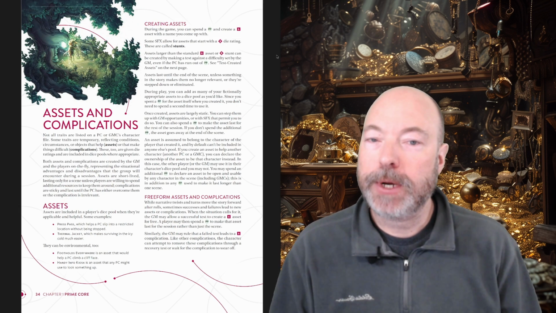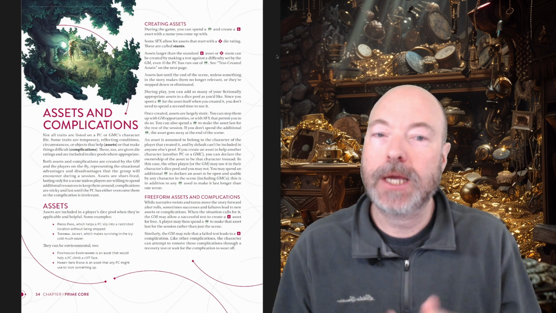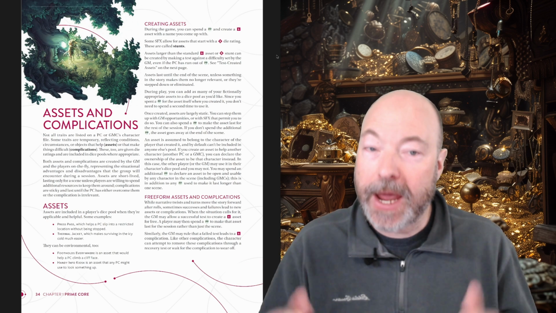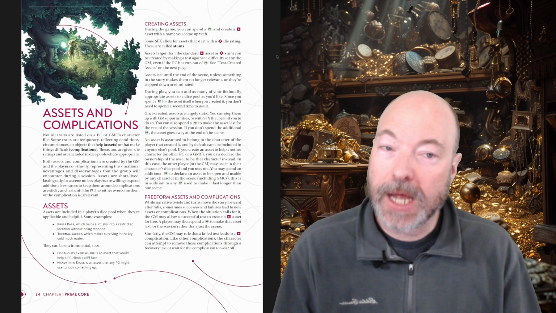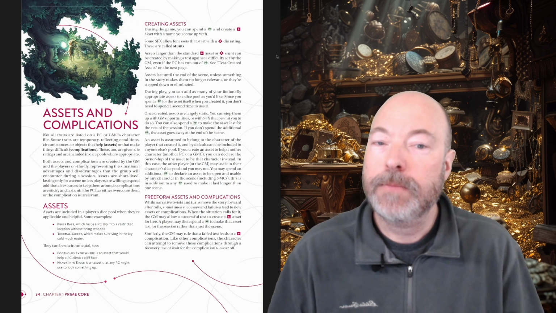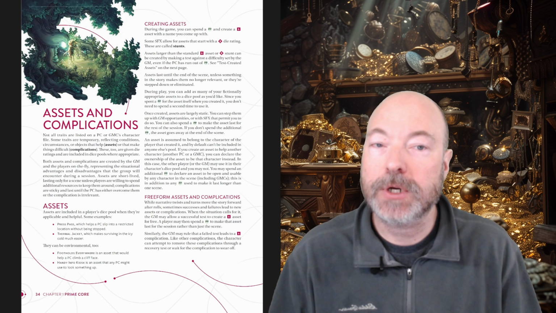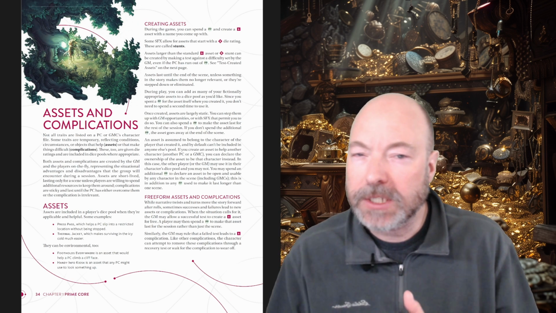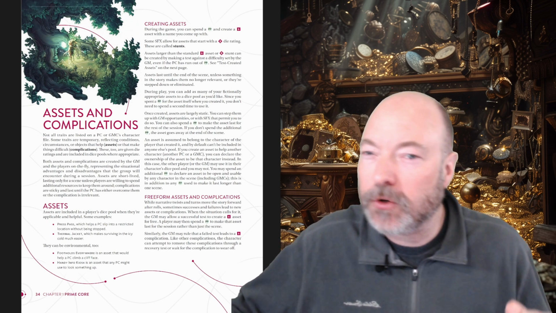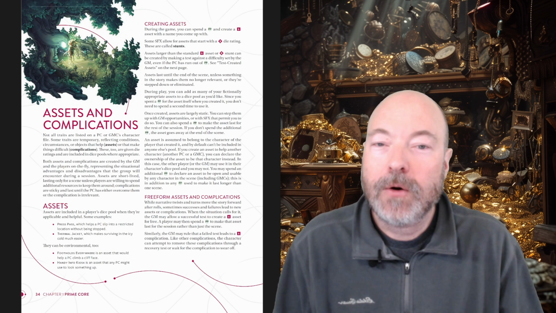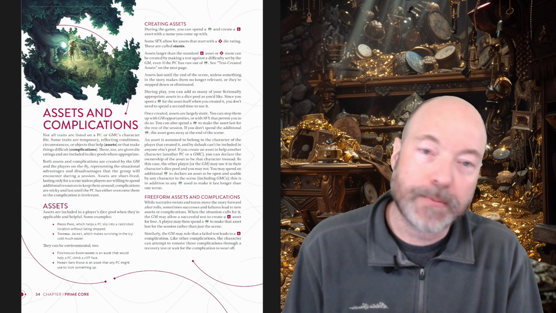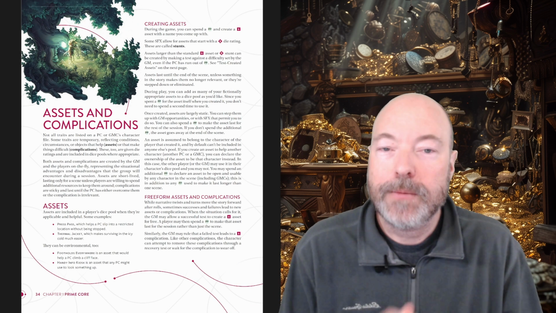But Cortex also has a concept of assets and signature assets. Both types of assets possess narrative and mechanical weight in form of a die that is added to the dice pool when the item is used. Assets are items or other benefits that you can gain during a scene. For example, you might be facing some goons in a back alley. You look around and you grab a metal pipe as a weapon. Or perhaps you suddenly remember that you have a contact at the local newspaper that might have some valuable intel for you. Mechanically,